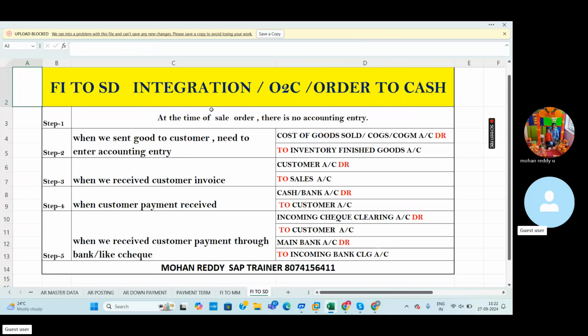But coming to FI level, coming to FI to SD, we are explaining that at the time of sale order, there is no accounting entry. Sale order means we are going to sell this kind of goods and services at this price. So everything will be updated in the sale order. At this time there is no accounting entry. And when we send goods to the customer,